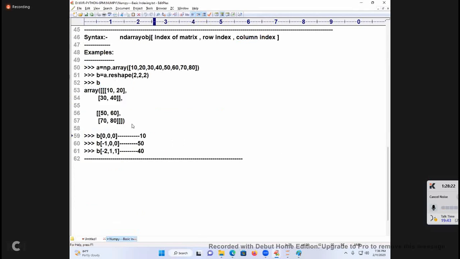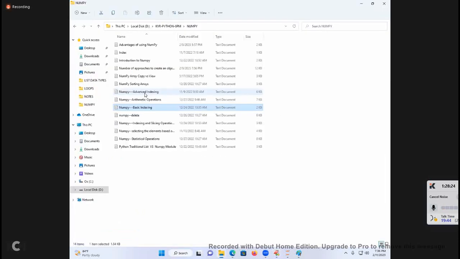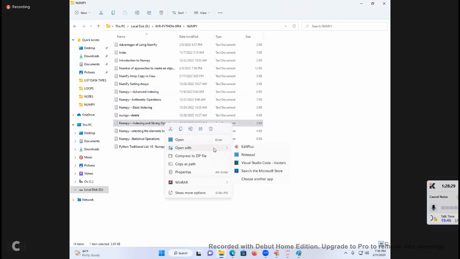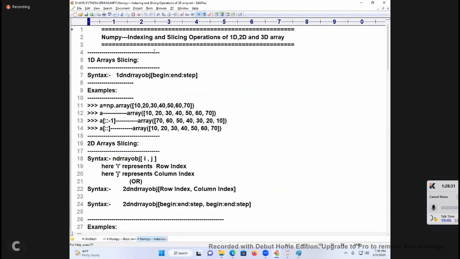Next, go for the slicing operation. I want to take it. Indexing and slicing operations, the biggest point of it, on 1D, 2D and 3D arrays. Now see, 1D slicing: begin colon, end colon, step.